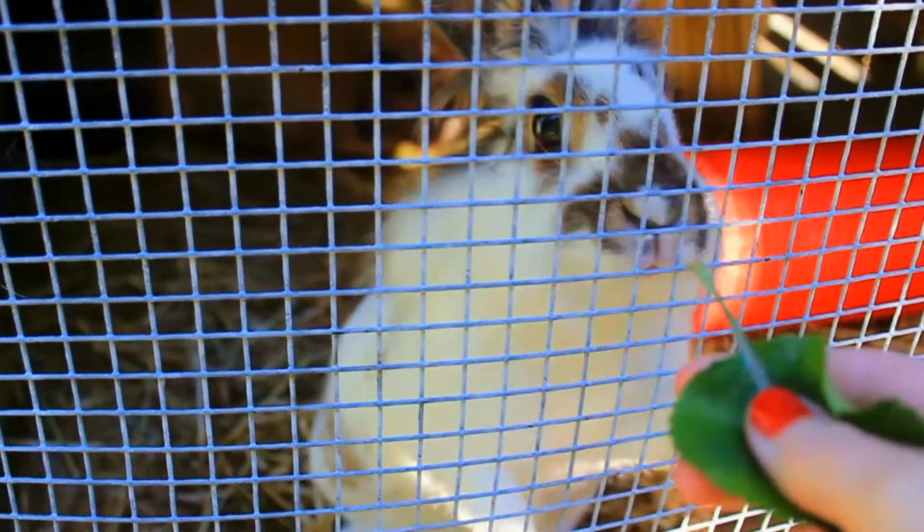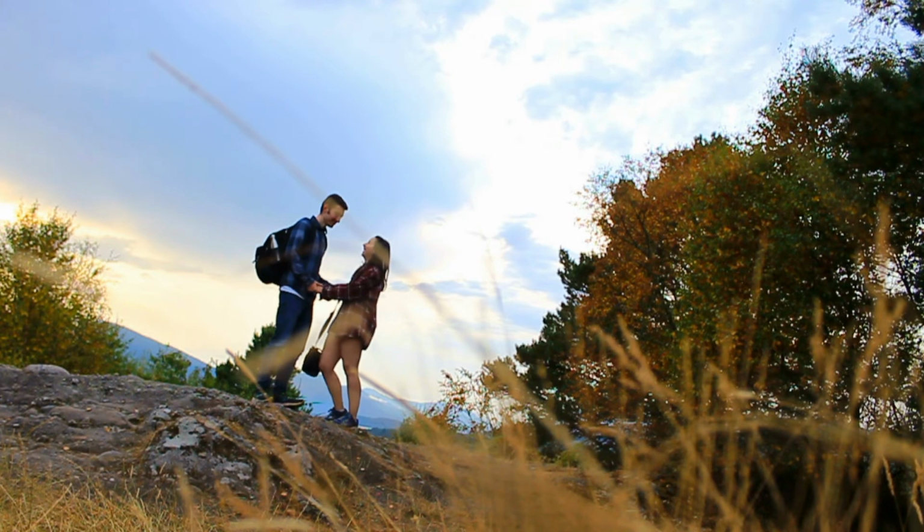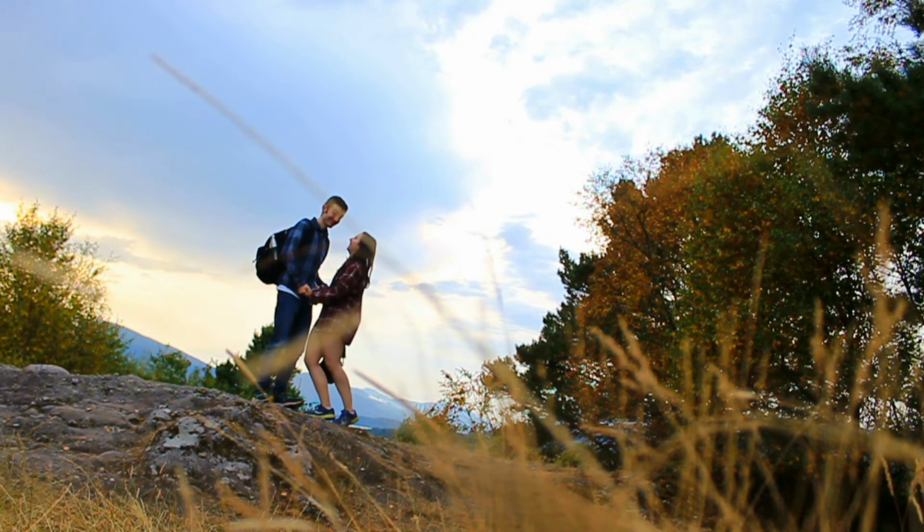The final Hygge activity for autumn is very simple, but just really encompasses it, and that is to have a snuggle with a loved one or a pet. There's just something so cozy about getting held in a hug and hugging someone back and just imparting your love in that way. Maybe you could even stick a movie on or read a book and just snuggle up